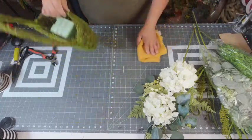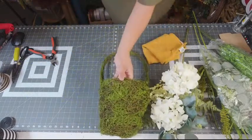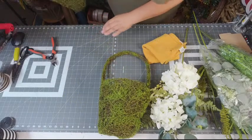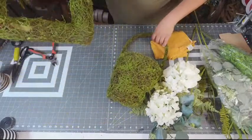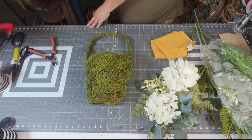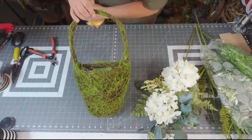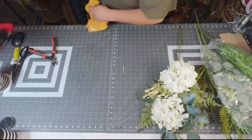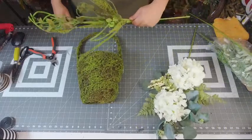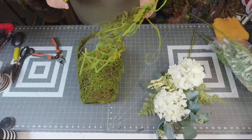Okay? Y'all, beware of the moss bases. Any moss bases, whether it's this one, I'll show you another example, or this one. Y'all, they do shed. They leave little green pieces all on your work area, and you know what, that's okay, y'all. That's just the way it is, because it's like a faux moss product. I'm not the biggest fan of real moss, but what the heck, that's what we're gonna do. We're gonna use it. So I'm gonna use this Greenery